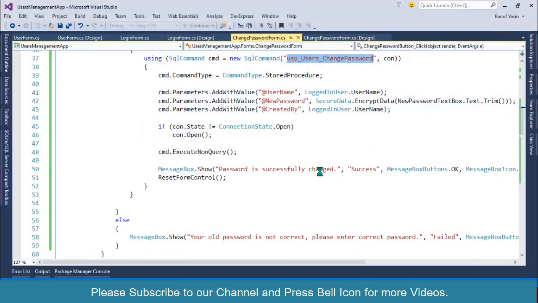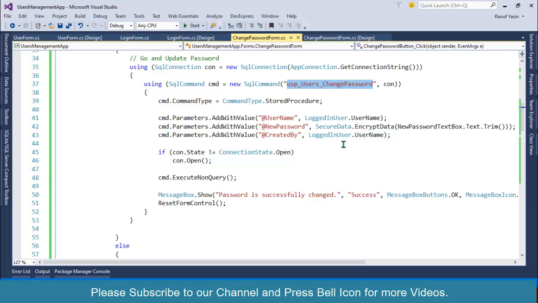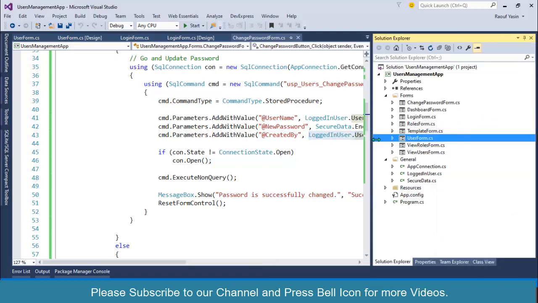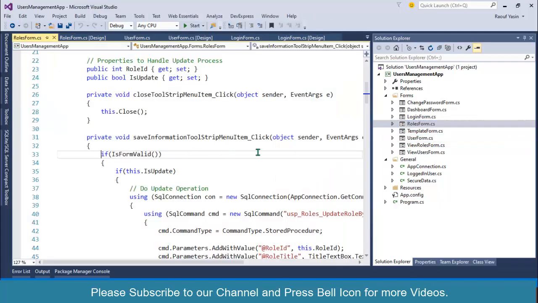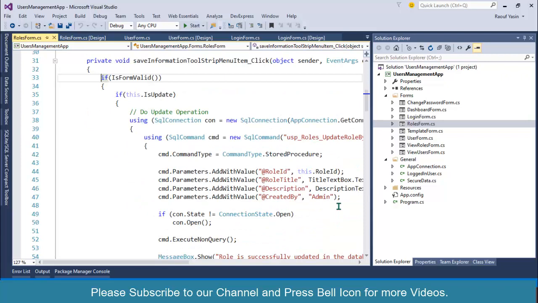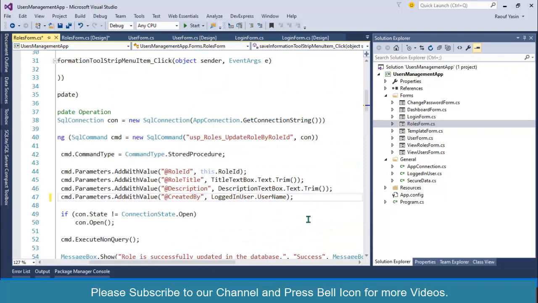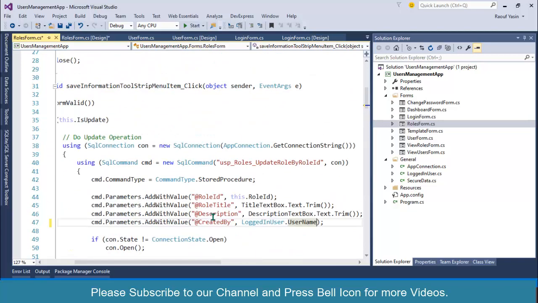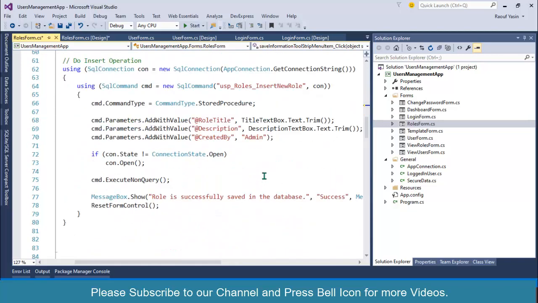And let me add one thing more about this one. Instead of using static created by values in all your forms, you can now use this logged in user class. So I'll go to the roles form, save information, and instead of using this static admin, I can now use this logged in user class. And after this I can also use it for this one.